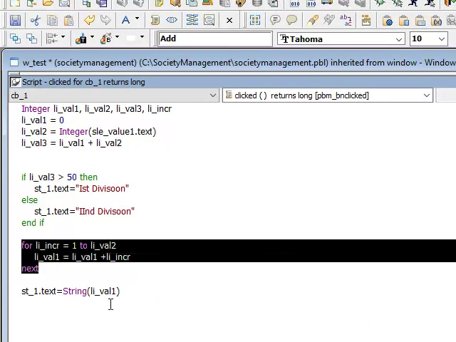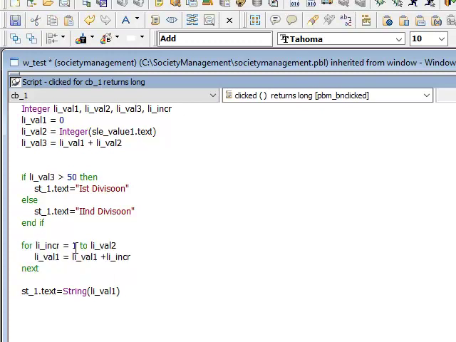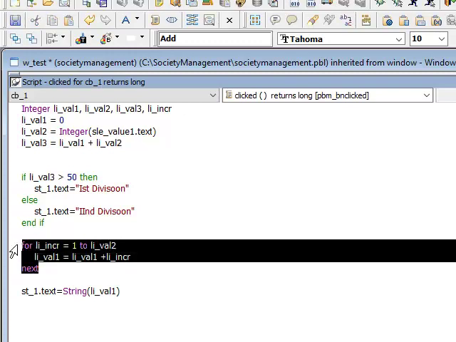Loops are used for repetitive work: start from this, add 1, and go up to this. So this many times the loop will run.